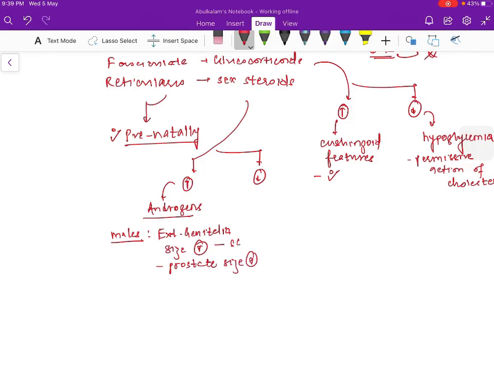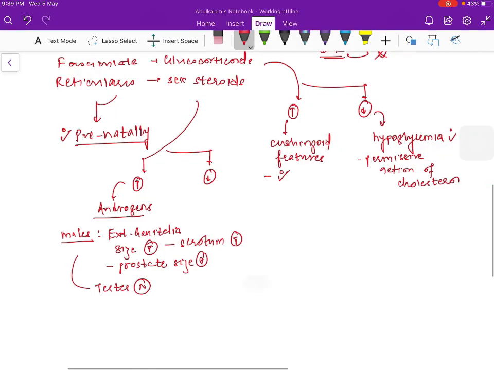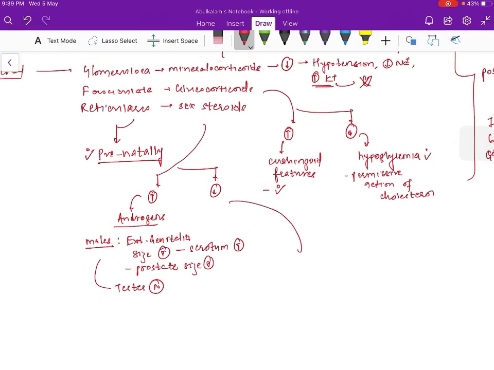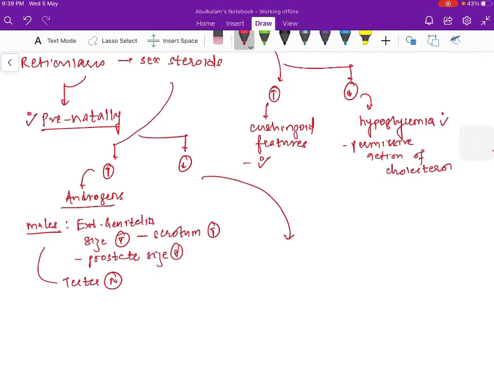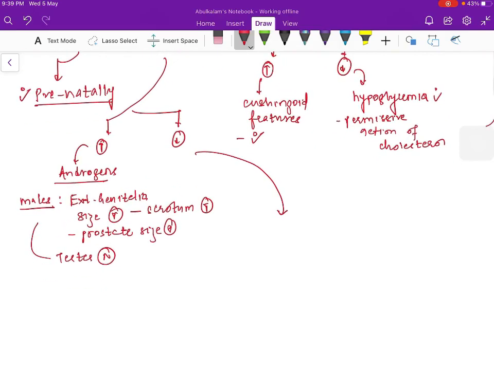External genitalia, I mean to say, is scrotum, right? Important thing to remember is usually the testis is normal in these cases if the androgens are increased, right? Next is, what if they are decreased? The decrease in androgens is one of the important features which will manifest severely both in cases of males and females, right? So what will happen in males and what will happen in females?